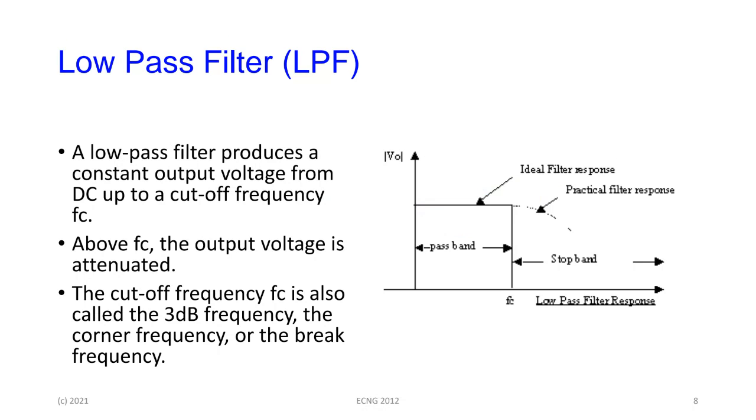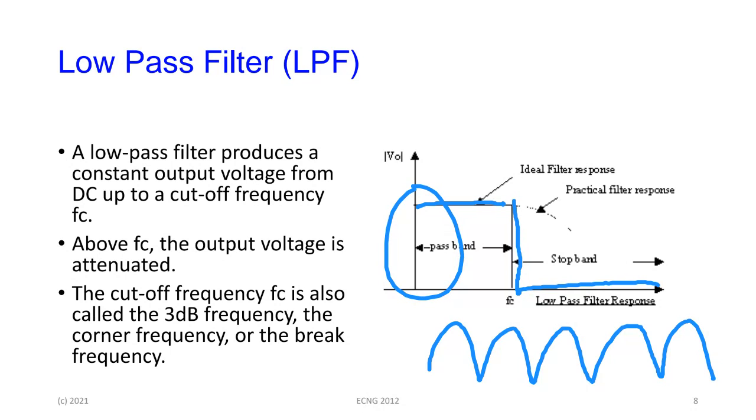So the first one, the low-pass filter, produces a constant voltage output from DC up to some cutoff frequency, and then above the cutoff frequency, the response is attenuated. So the ideal low-pass filter is going to do this sort of behavior. This is the kind of filter that you use, for instance, with a power supply, because in the power supply you want to pass DC from the half wave or full wave rectified signal. What you want is to get rid of that ripple and let the DC component, remember there's a DC average here, pass, and you want to block the ripple, right? So low pass filters would be used a lot in things like power supplies, and in a number of other low frequency operations,